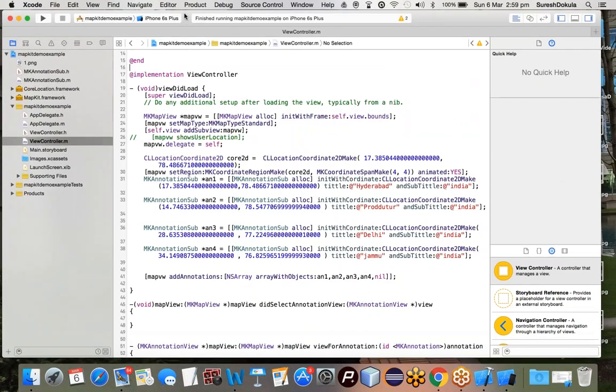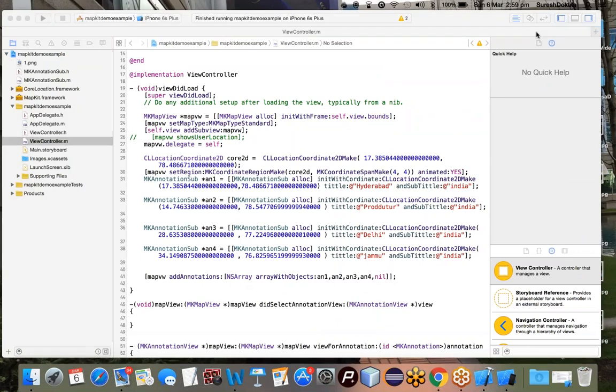Okay, so this is about localizing your application and creating the other things. Now we'll take some